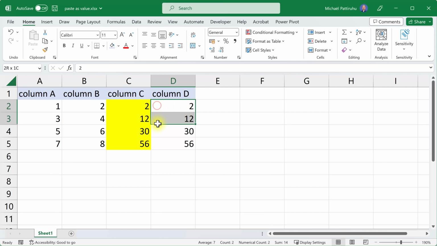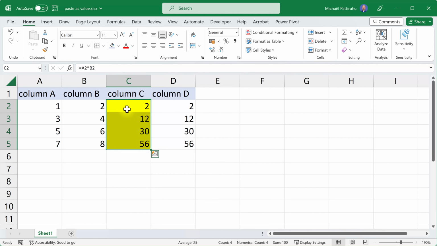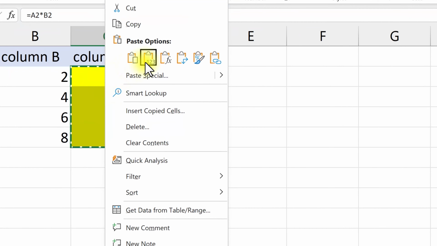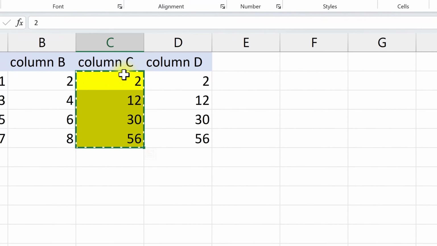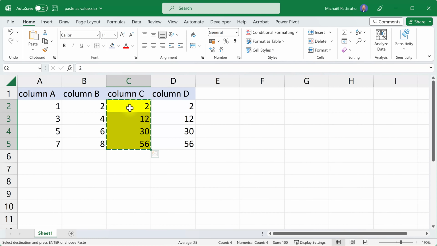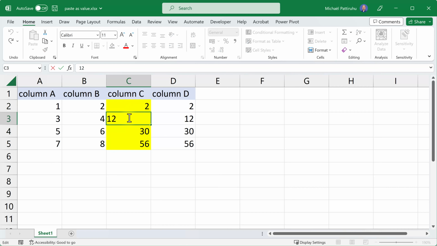Now, instead of pasting these values in column D, I could also have pasted it in column C. Again, select these yellow cells, right-click, choose copy, right-click in your selection, and again, choose values. Press escape to stop these walking ants. Now, if I double-click on this number 12, for example, you'll see that there's no longer a formula in this